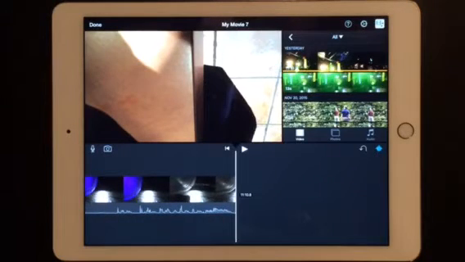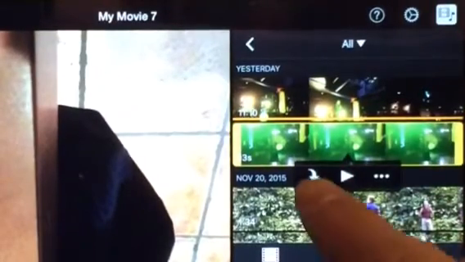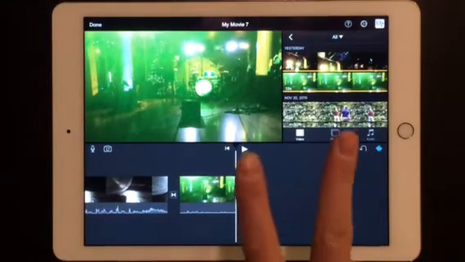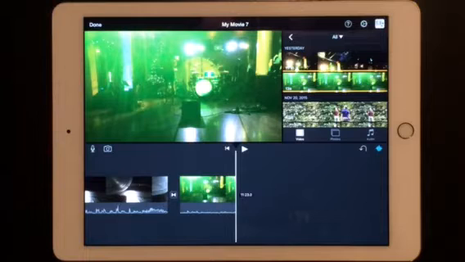I'd like to add one more clip, so this time it's your turn to guess how to do that. What's that you say? Select the clip? Oh, very good. Look at that. It's turned yellow, and we're going to hit the down arrow, and it's just going to fall right into the project. Wonderful. So now I've got 2 clips inside my Movie 7 here, and I can do all kinds of